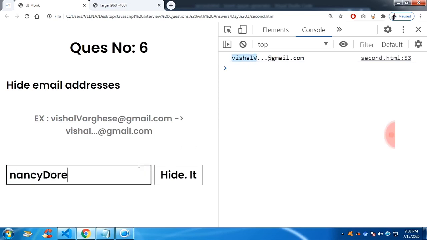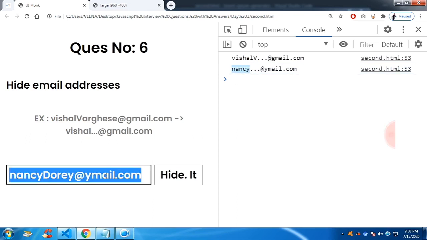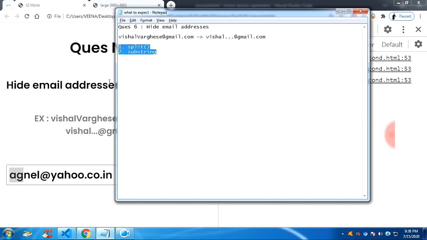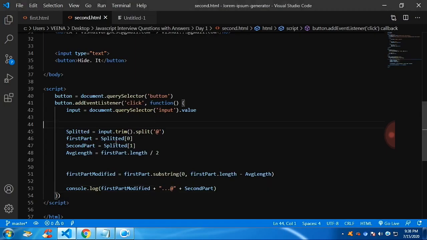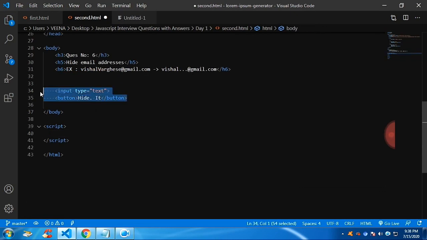If I type some other name, and you see the name, now the first one has 7 letters and the second one has 5 letters. Now if I pass the letter with only 5, now we are getting the output as in 2 letters. We'll be using the split and the substring function over here, and I guess you understood what I meant by